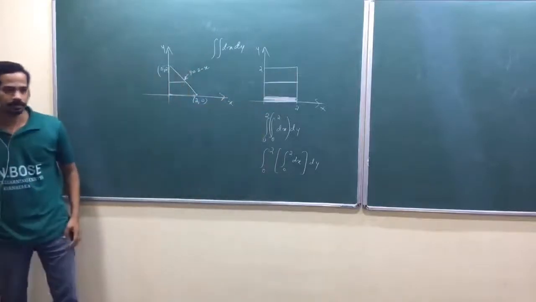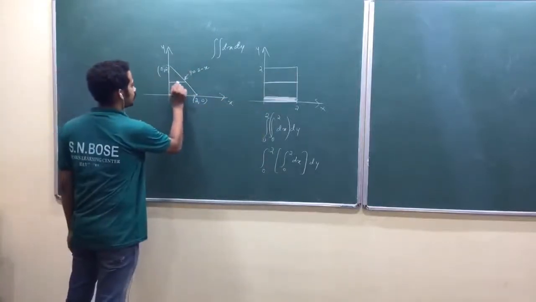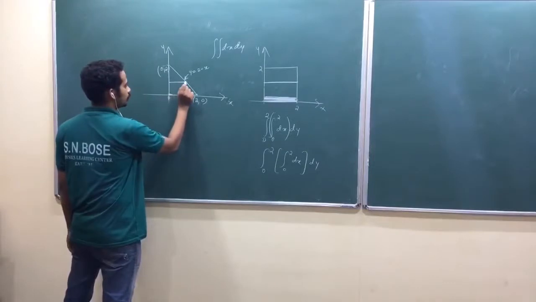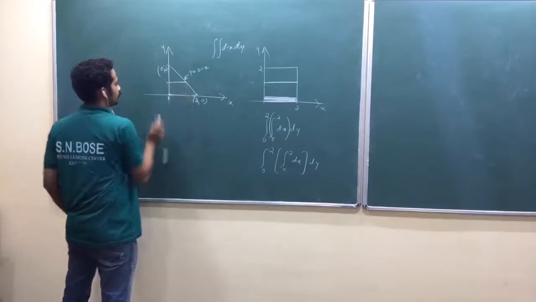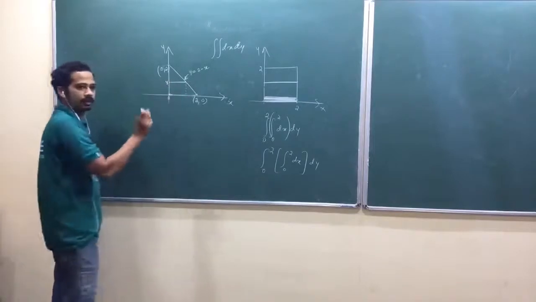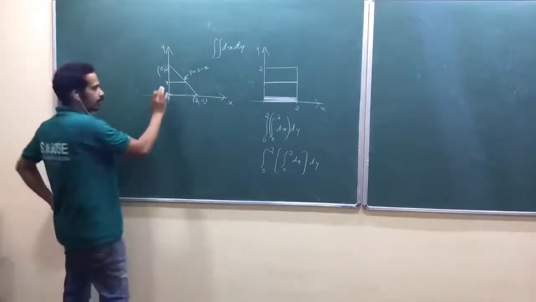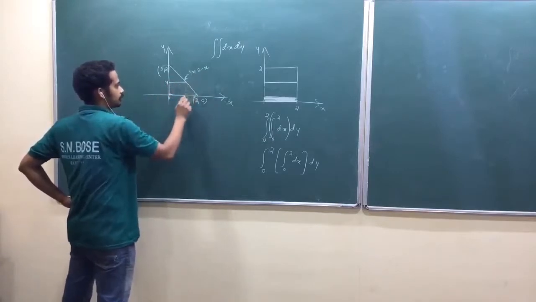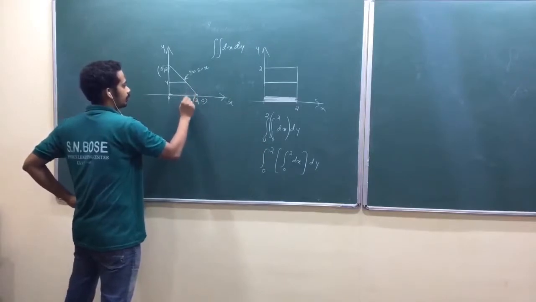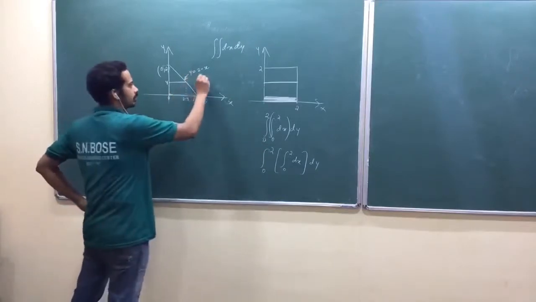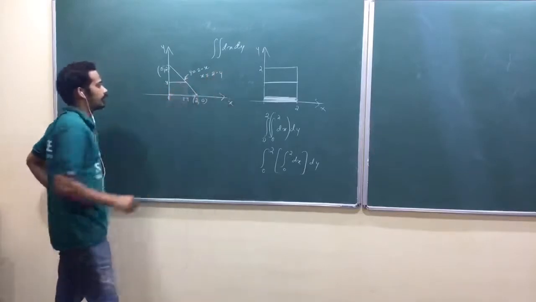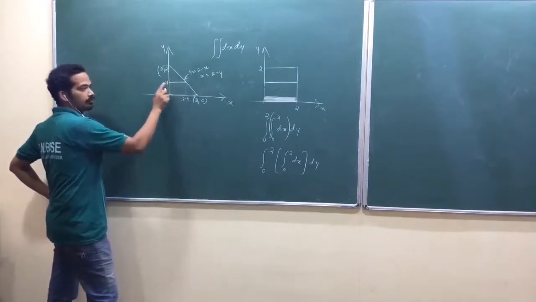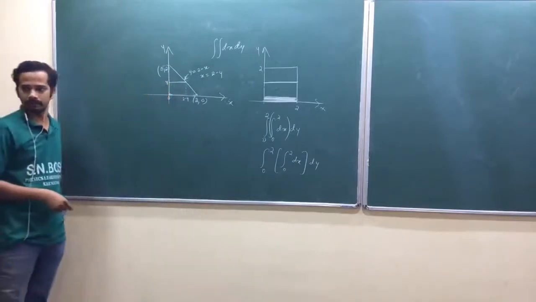Is that okay? So now here also I'm going to take this line, integral over this line. That means x is running from, what is x value? 0. What is x value here? Let me take, this is y. Arbitrary y. And y will run from 0 to 2. So now, if this is y, what is this one? So 2 minus y, x equal to 2 minus y, according to this equation. Am I right? If this is y, x equal to 2 minus y. I am going to find this length of the straight line at y, and then I am going to sweep along y-axis. Is that okay?